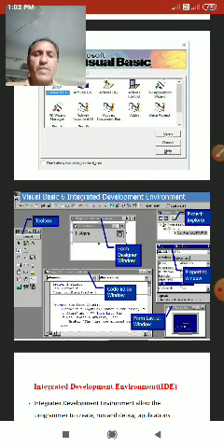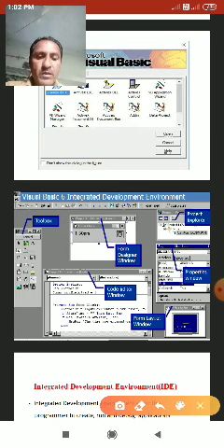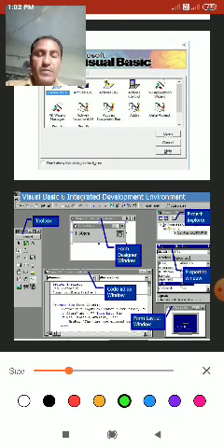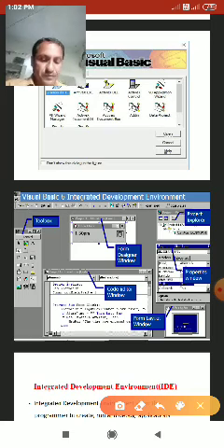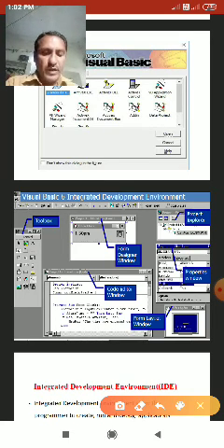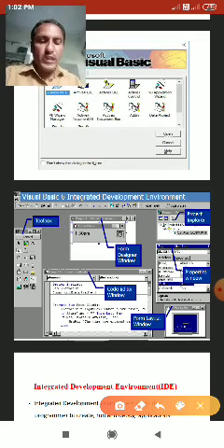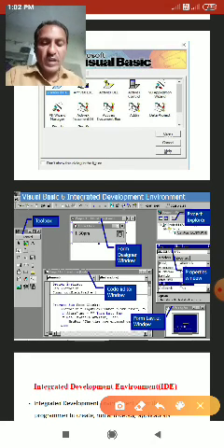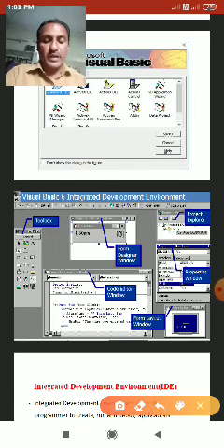So first of all, before you can write programs in Visual Basic 6.0, you need to install Visual Basic 6.0 compiler on your computer.